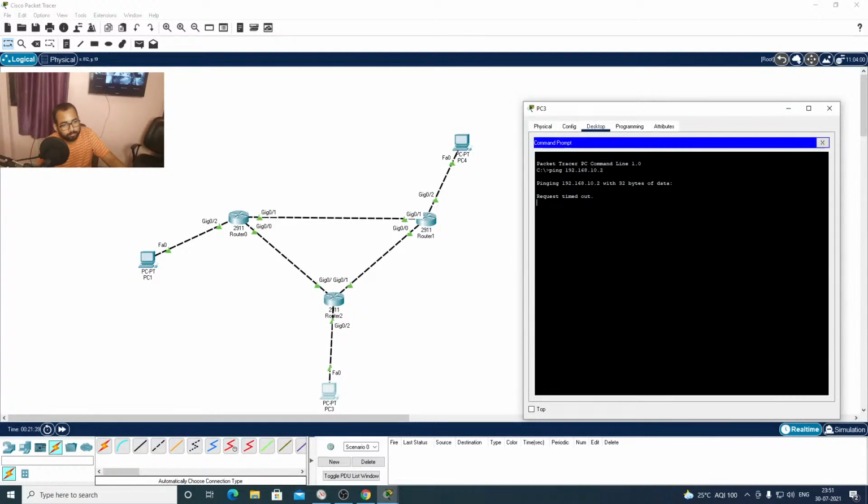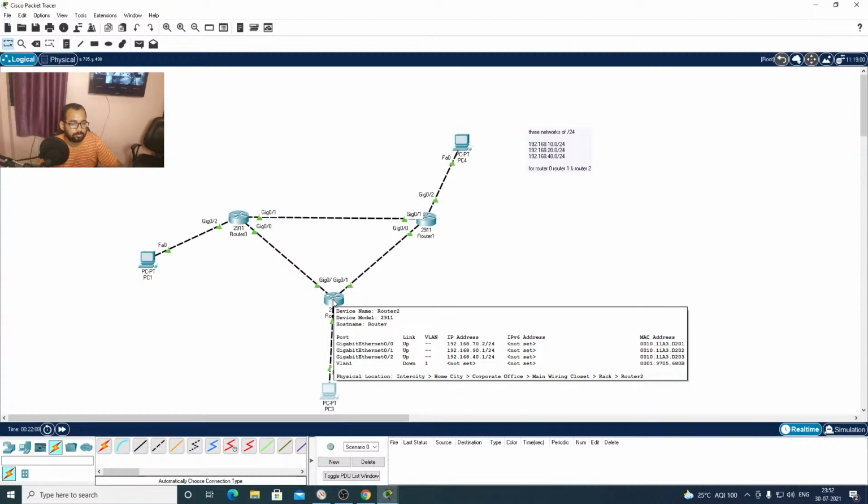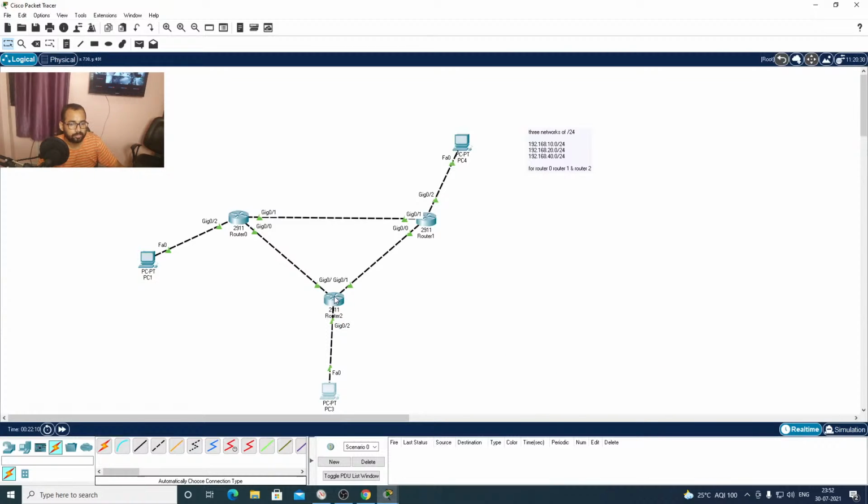So what do we have to do in order to achieve communication between PC1 and PC3? This is where the concept of static routing comes in. In static routing, we provide the next hop address in the routing table, which tells where the packet shall go. Let's take router 2.